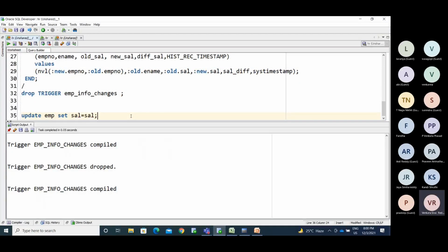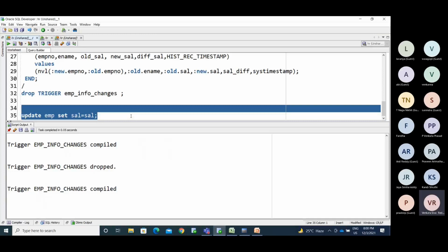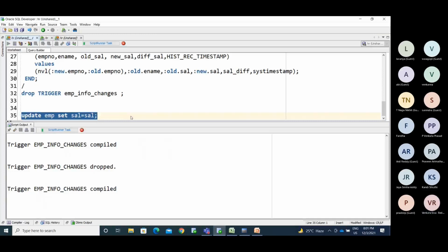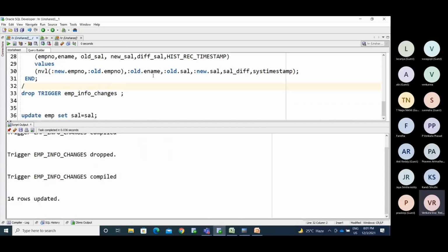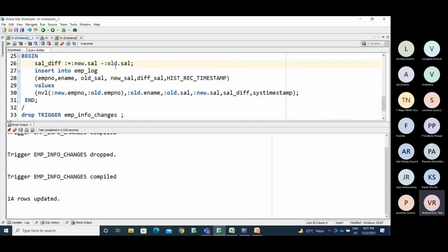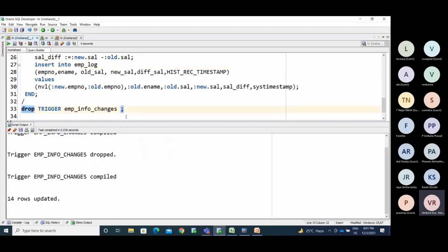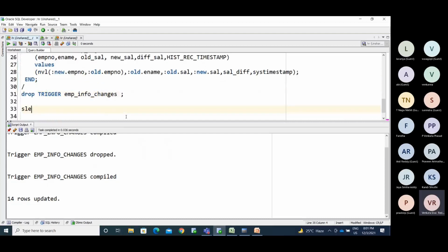I'm not updating anything; I'm simply updating with the same value again. Salary equal to salary. 14 records have been updated. Now check this table, the emp underscore log table, with a select.